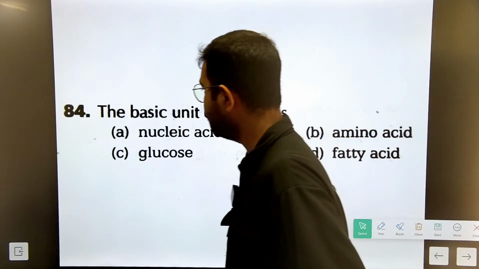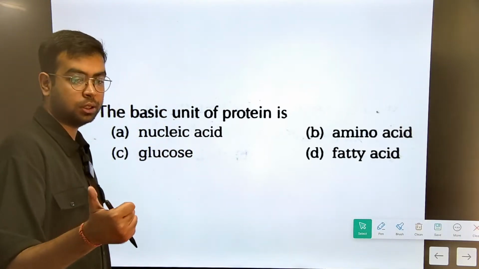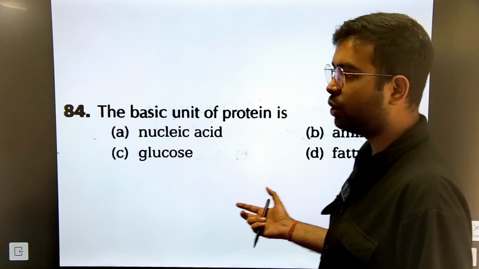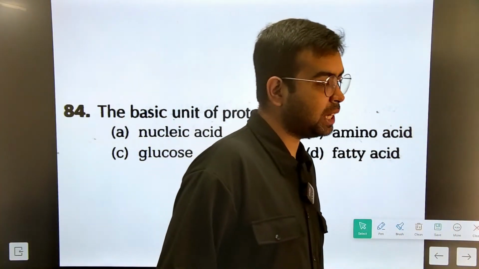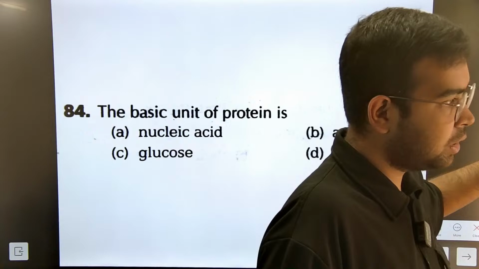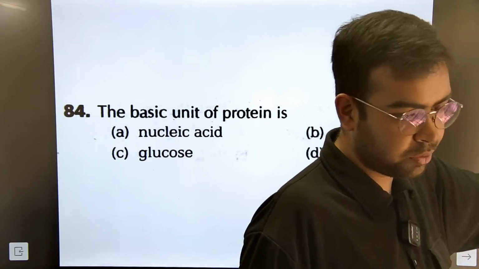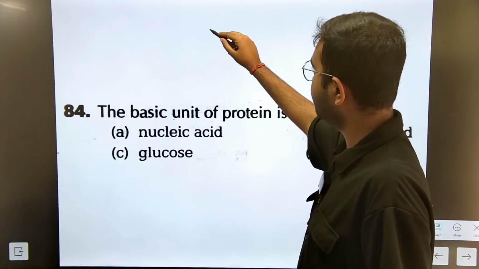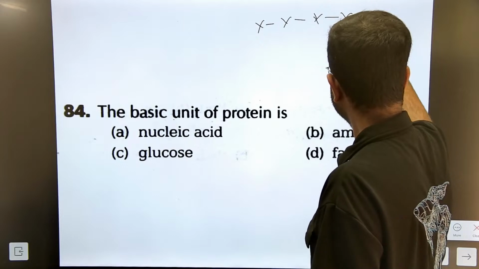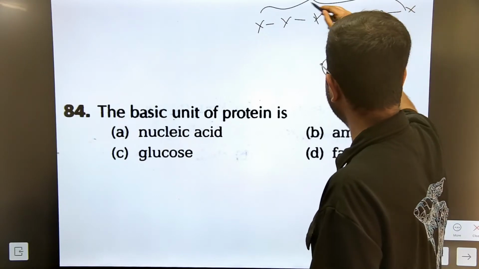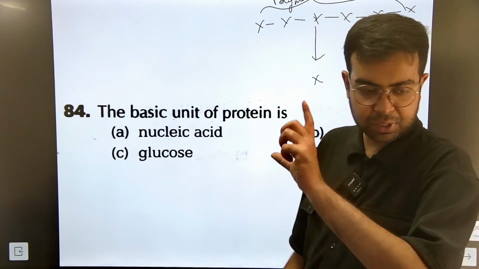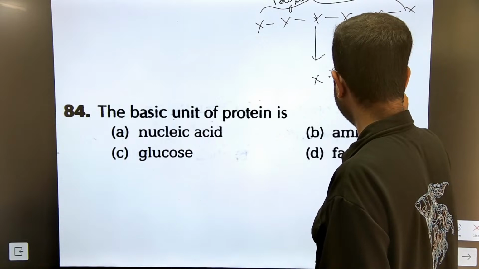Now, what is the basic unit of protein known as? See, proteins, carbohydrates, and fats. Okay? All three of these are long chain polymers. Polymers means a long chain of certain chemical particles. Okay? And its single units, those single basic units are known as monomers of the polymers. Suppose there is a whole chain, a chemical X, and this is a very big chain of X. So this whole thing will be known as a polymer. And this one X, this one part of the polymer, will be known as a monomer. Okay. What is a monomer?